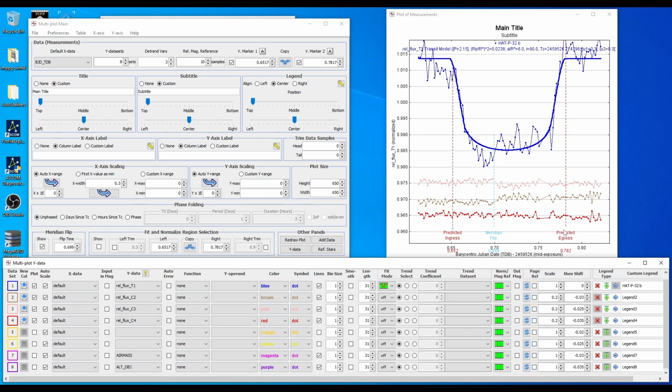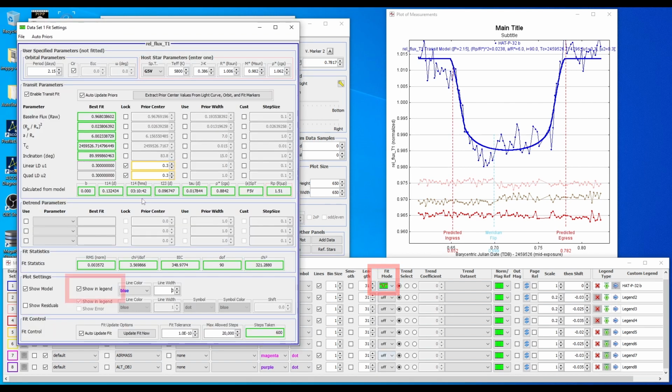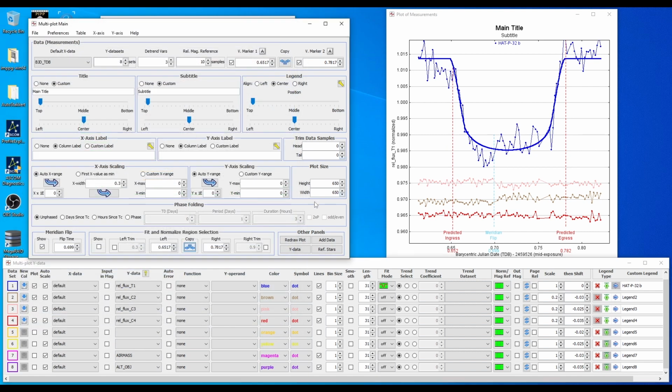so you can start to see how all the pieces come together as I make a couple more minor changes. Now there is one other line in the legend I want to remove, but it's actually a result of the fit mode. So what we need to do is come back here, select the fit mode curve again, and then within that pop-up window, turn off show in legend. It's certainly not a requirement, but I think it cleans the screen up a little bit better. So now we've got a simplified legend,